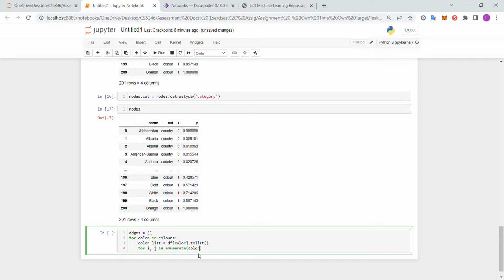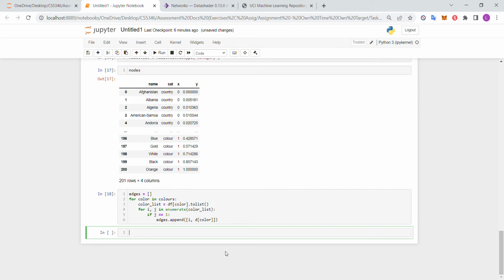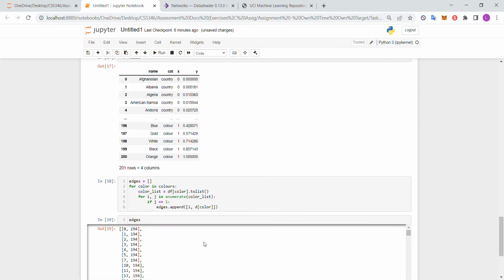color list, if J equals 1, which means the color is present, append ages with I, which is the index of the node of the country, to the color, and the color I'm going to call D of the color that we have created earlier. So now we call ages. You can see now,